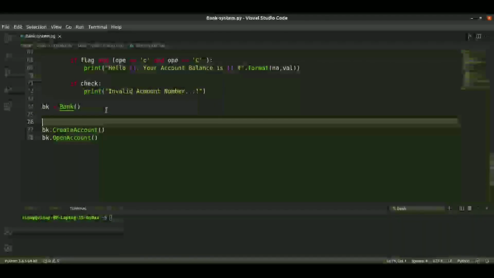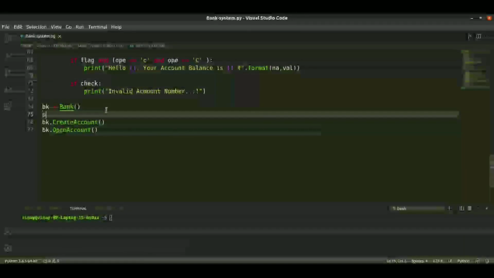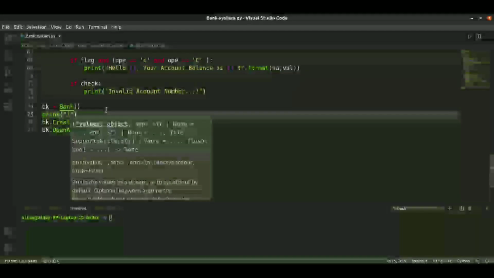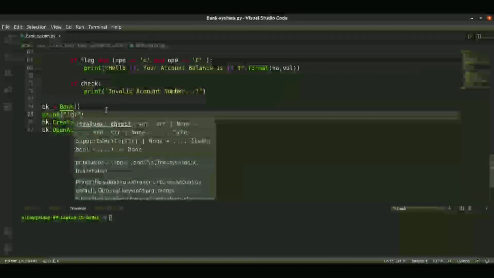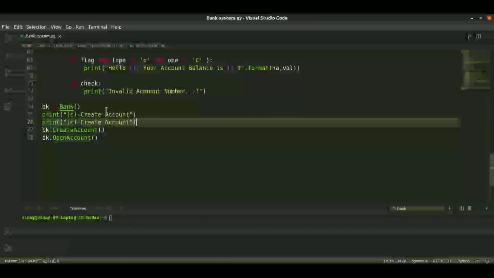We will just create something like, first we will print the notice, print C for create account. And now if the user exists, we need to do open account.